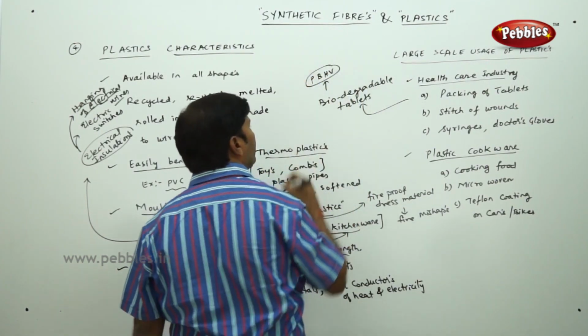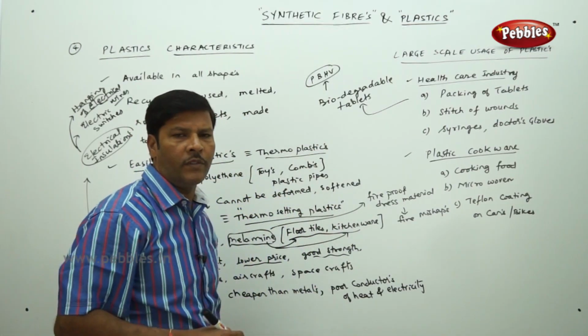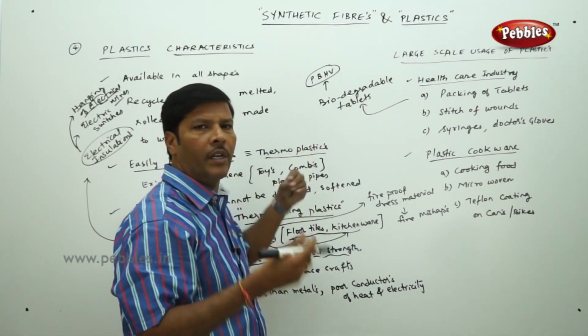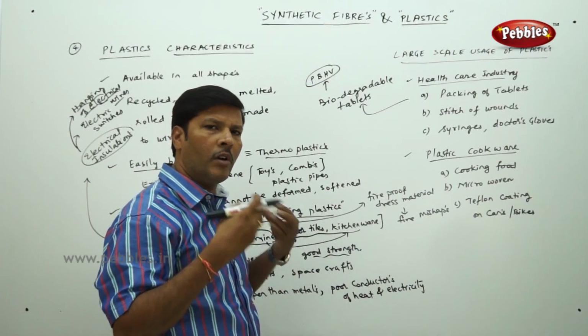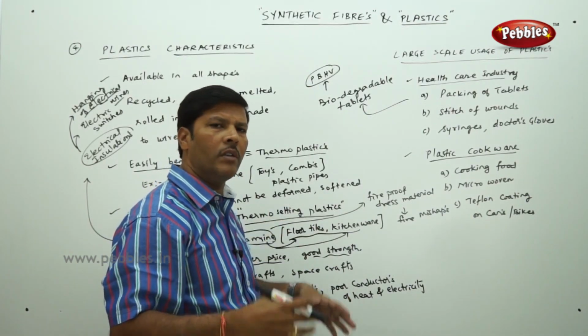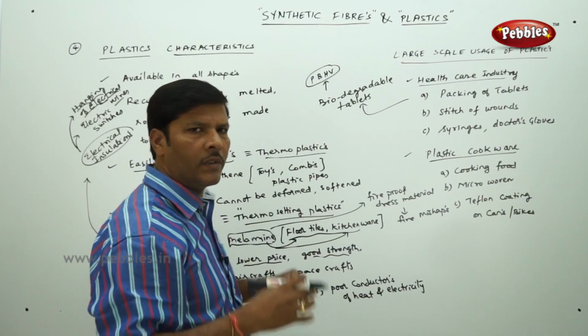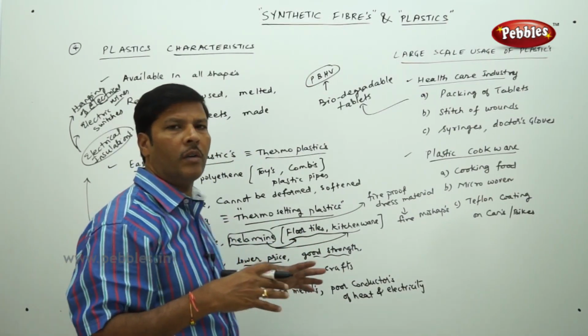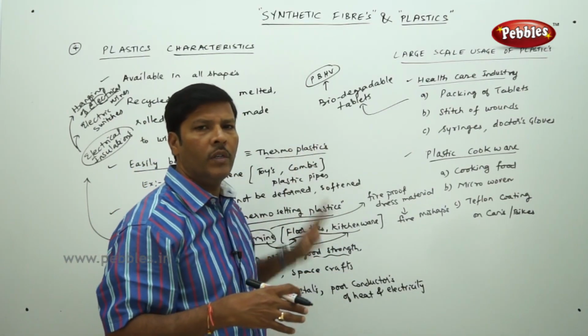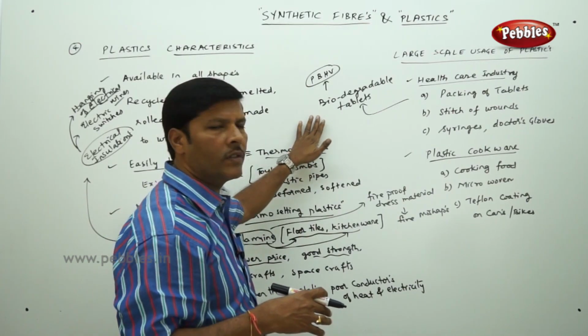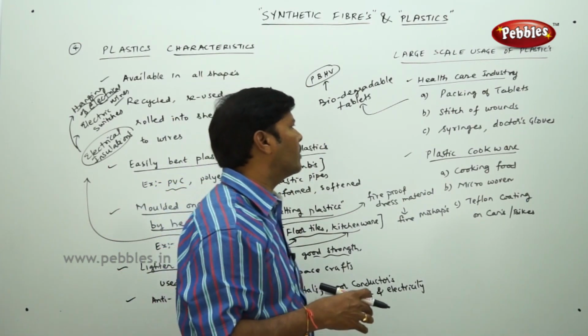This is called PBHV tablets, we call them as. These PBHV tablets are readily soluble in water. The capsule automatically dissolves in water, it mixes with the different biological components in our body, and it has zero side effects. And nowadays it is very popular. PBHV tablets we call it as.